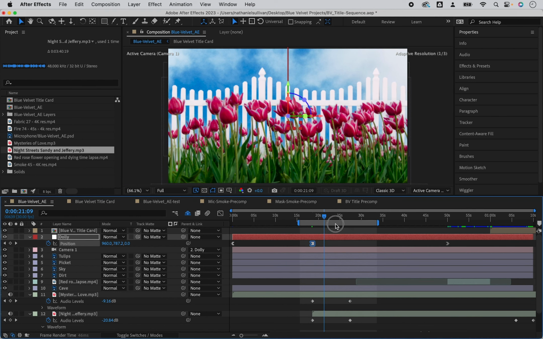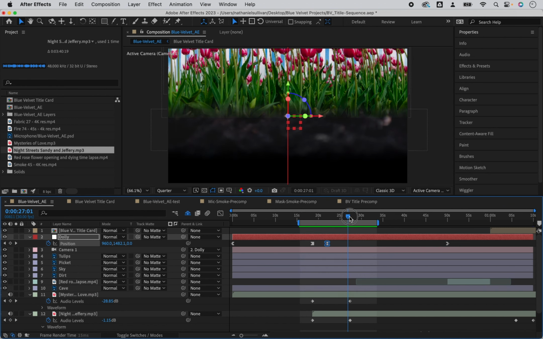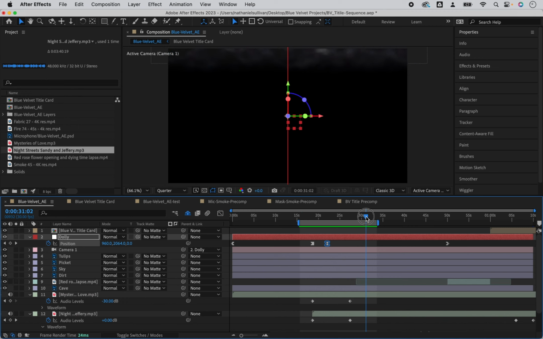I have to put another keyframe ahead of this one to get the camera moving again. This is just a repeat of the stop keyframe, but it will get things moving again. I want a faster movement after the pause, so I'll make another keyframe ahead of this one and get the camera past the dirt as the second song is all the way faded in.